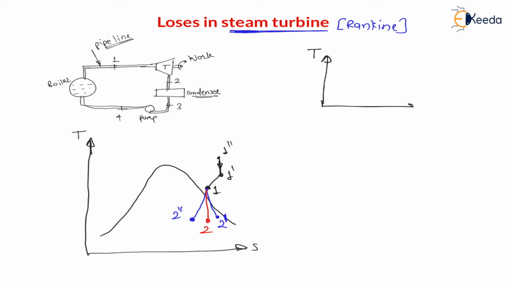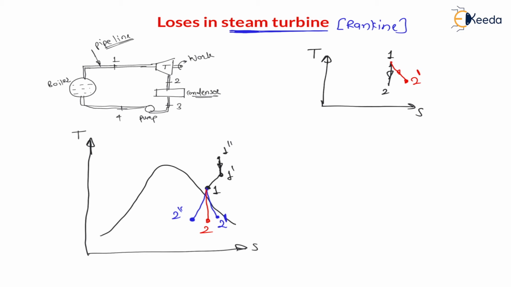Now my dear students, let us understand this turbine process only on the TS diagram, temperature versus entropy diagram. If I draw only the turbine efficiency diagram, that is 1 to 2. Here 1 to 2 is isentropic turbine expansion, that is at constant entropy, right? And because of this frictional heating, the actual cycle will be like this. Actual cycle will be 1 to 2 dash, right? Here 1 to 2 dash is actual turbine, 1 to 2 is isentropic turbine.